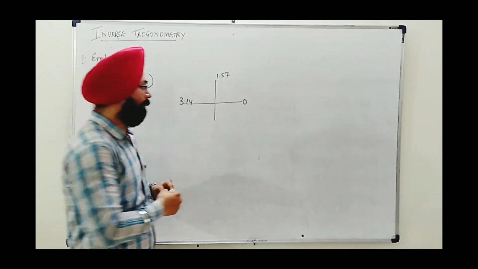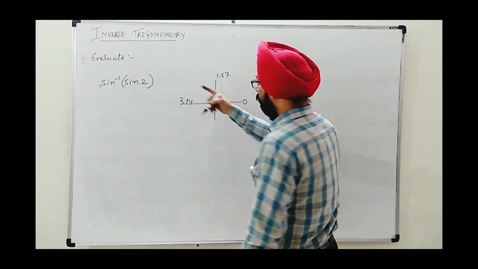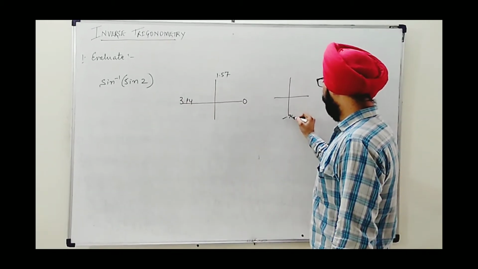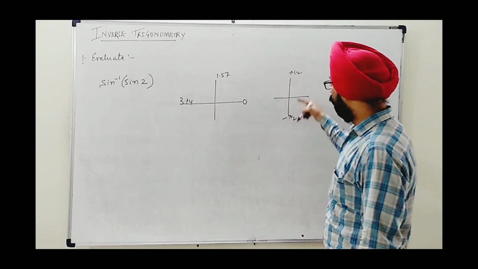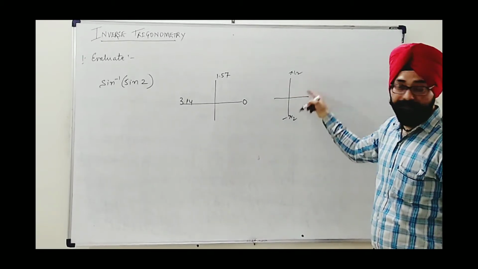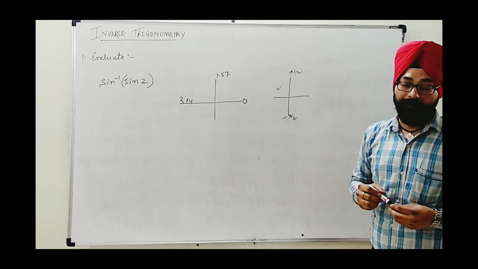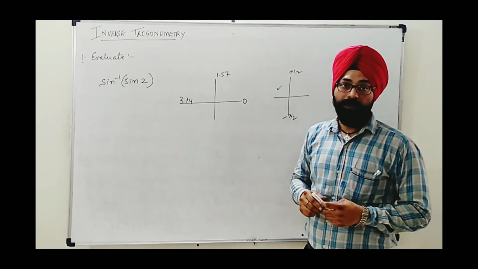But what is the requirement? This is given with sine. These two can be cancelled out if we have the interval minus pi by 2 to pi by 2. This interval we need. And for sure when it is coming here, it is beyond the interval. The principal domain, this does not belong.